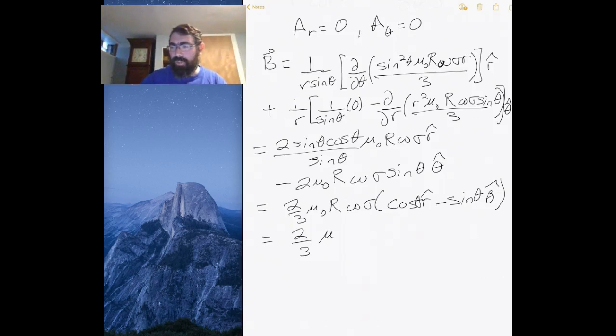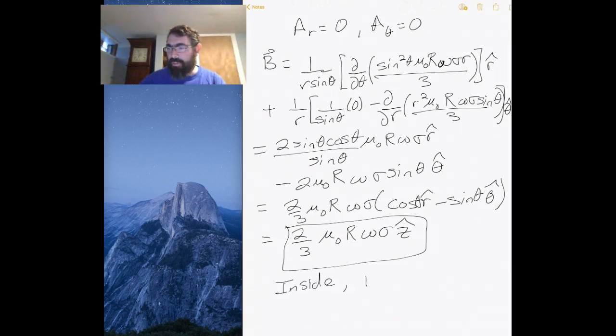So 2/3 mu 0 r omega sigma in the z direction. So inside this spherical shell, the magnetic field is uniform, basically uniform straight field lines